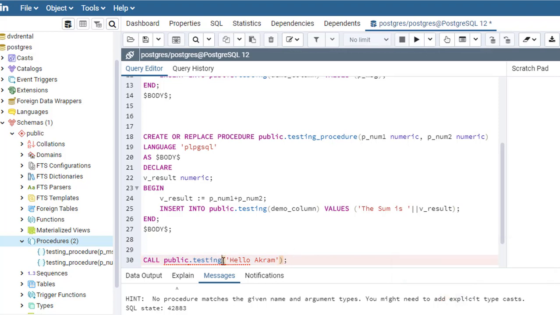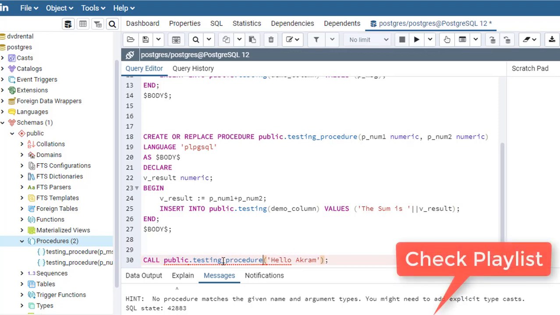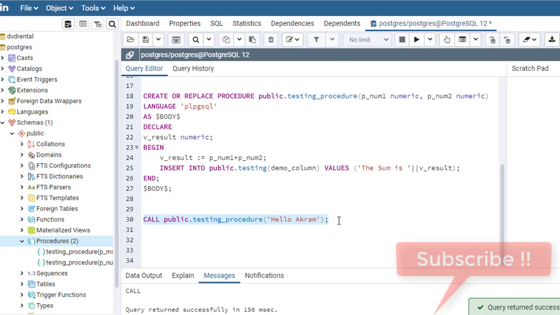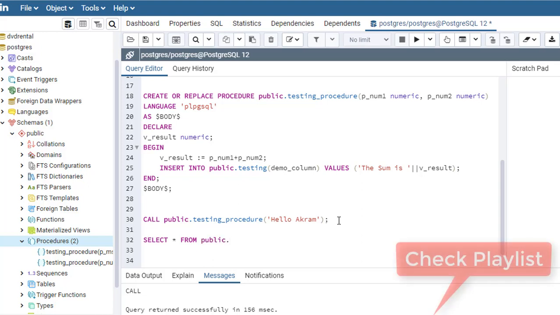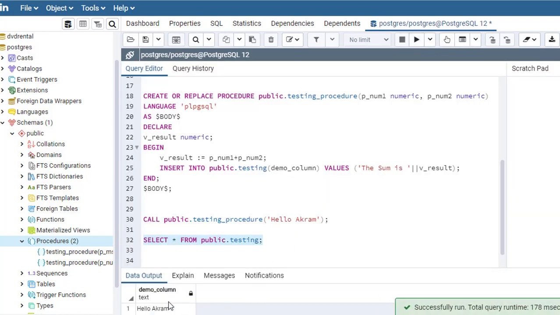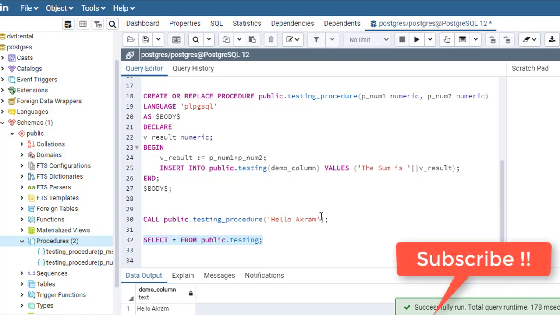Okay, so now I'll call it, it's done. To check the value, I'll do select star from public.testing, the table name that should hold the hello Akram message. Let's check, yeah, it is there, hello Akram.